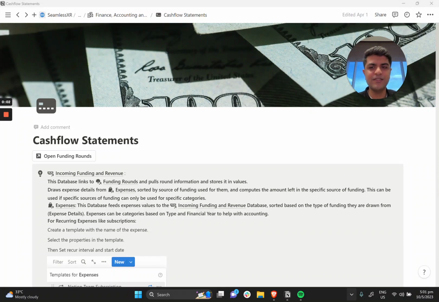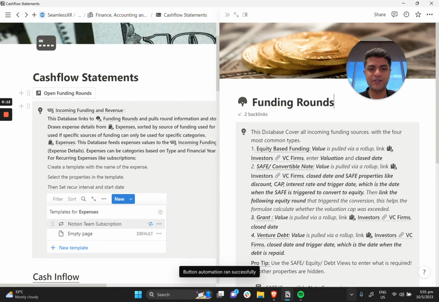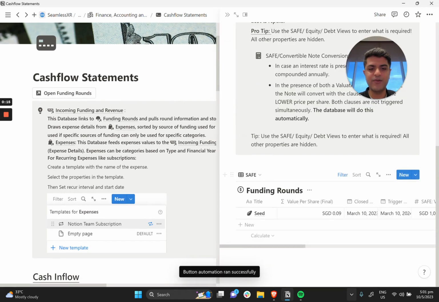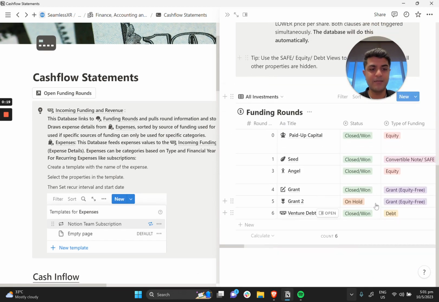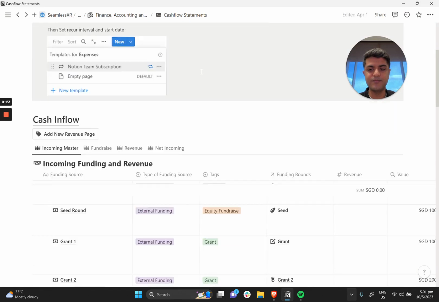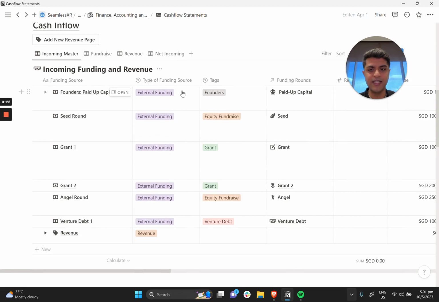All right, so let's quickly look at the cash flow statements database, which effectively is like an accounting database. There's this quality of life button which allows you to open your funding rounds very quickly so that you can very quickly check where your money is coming in from in terms of the funding. You'll be able to see it quite easily in the cash inflow as well because this is linked directly to